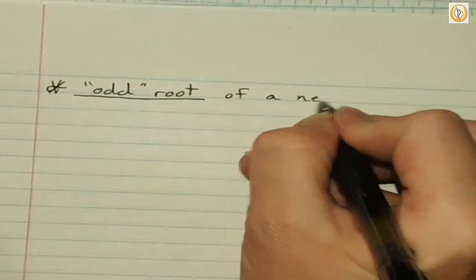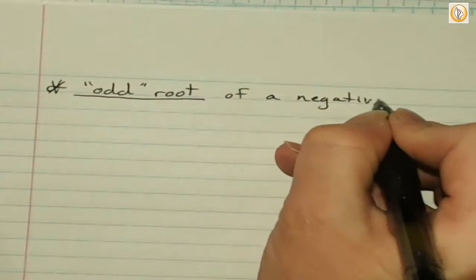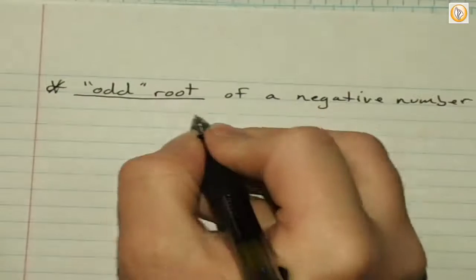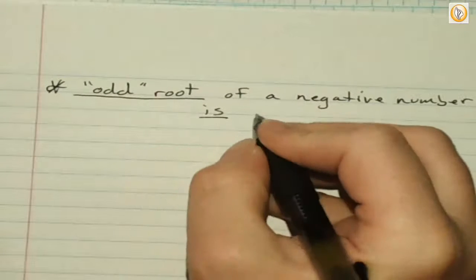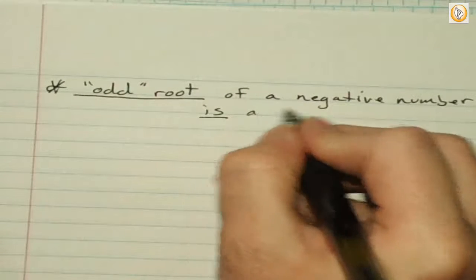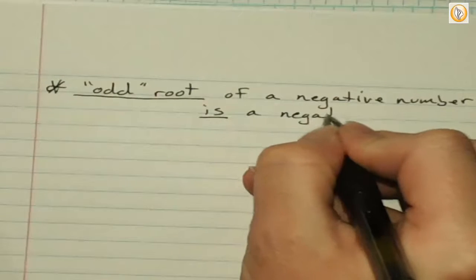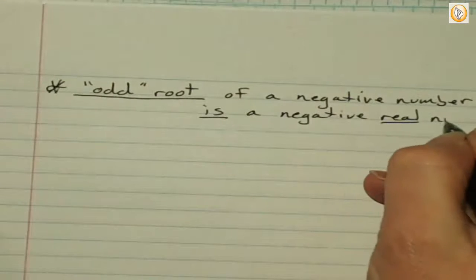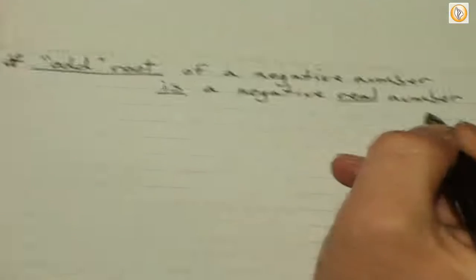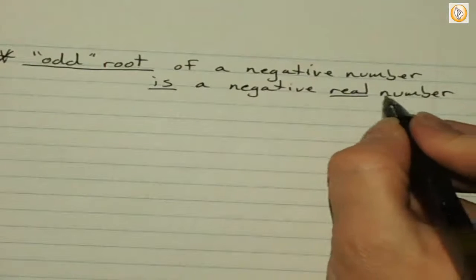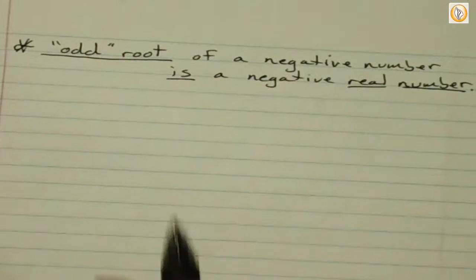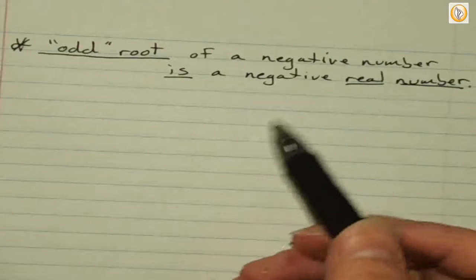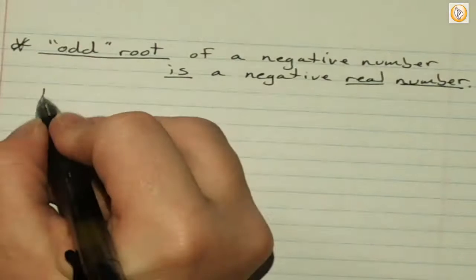Odd root of a negative number is a negative real number. So, for example,